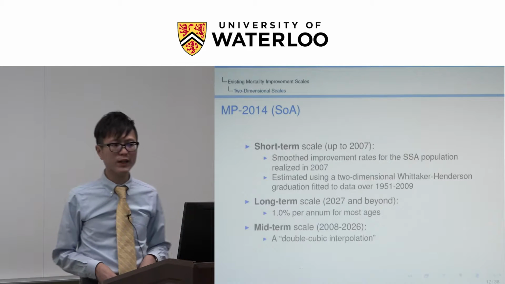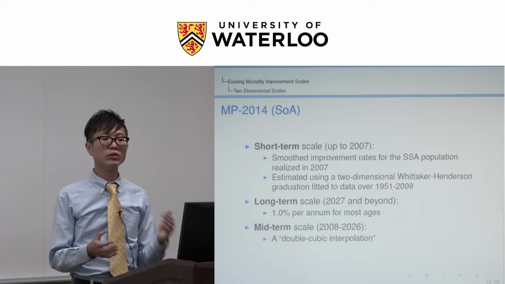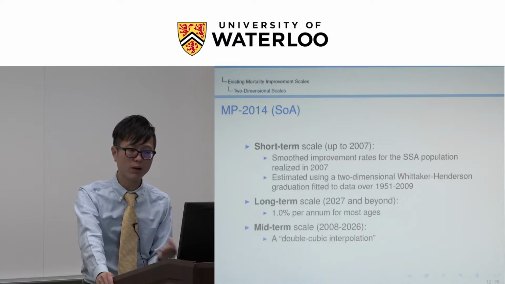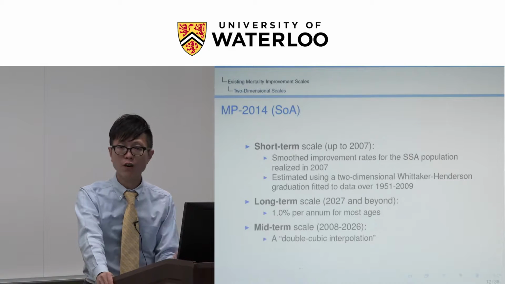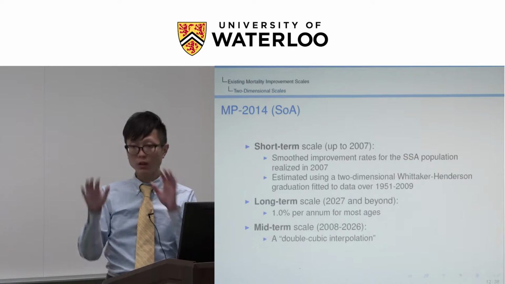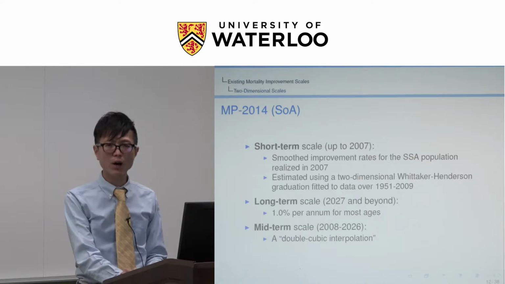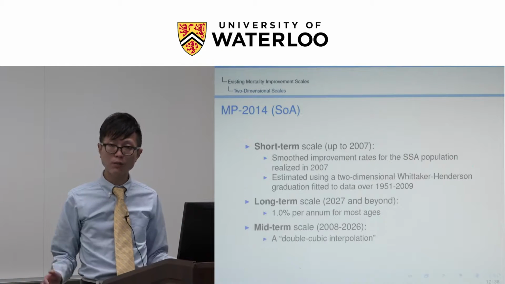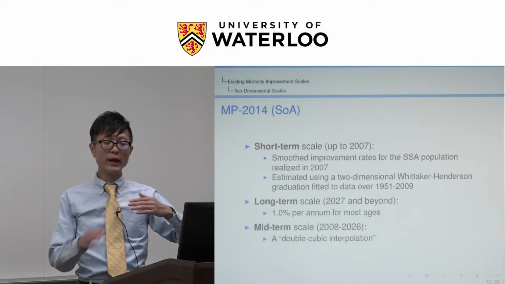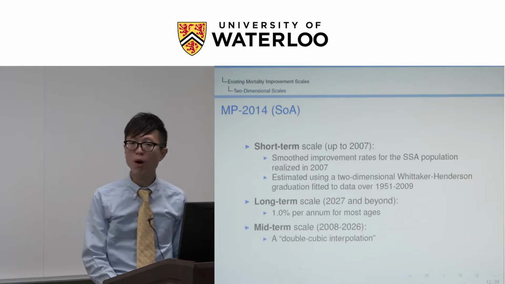And then we have the Society of Actuaries AMI 2014. In AMI 2014, the short-term scale is calculated using the realized smooth mortality improvement rates in 2007 for the U.S. Social Security population. For the long-term scale, they generally use 1% per annum for all ages, and for the mid-term scale, they use a double cubic interpolation to blend the short-term rates into the long-term 1%